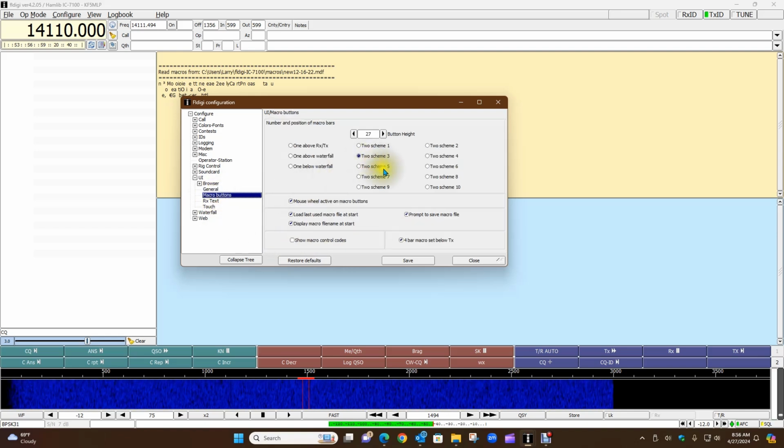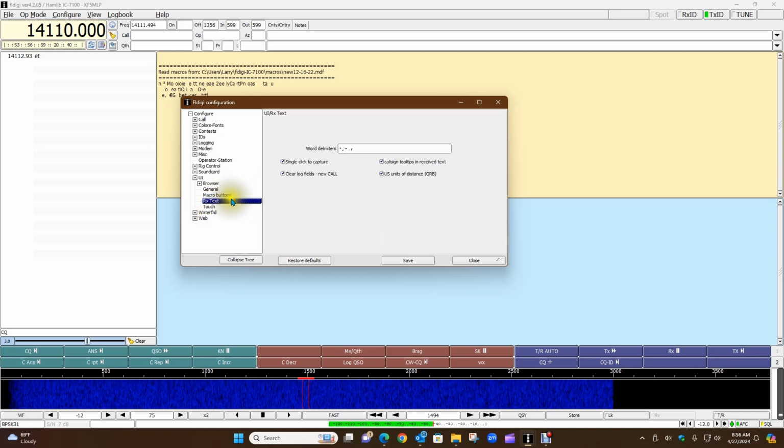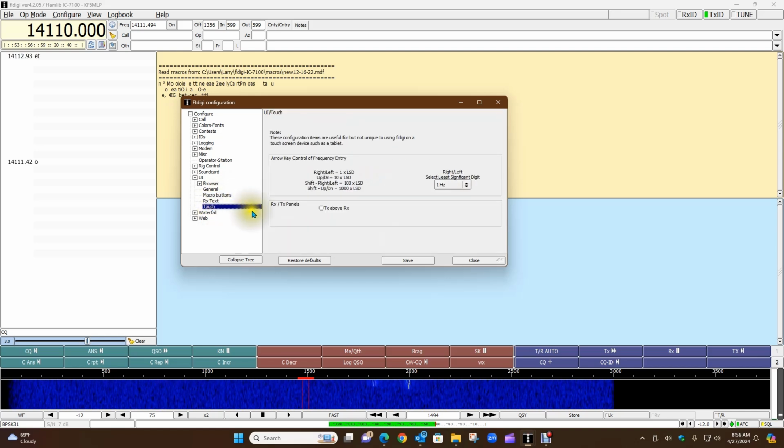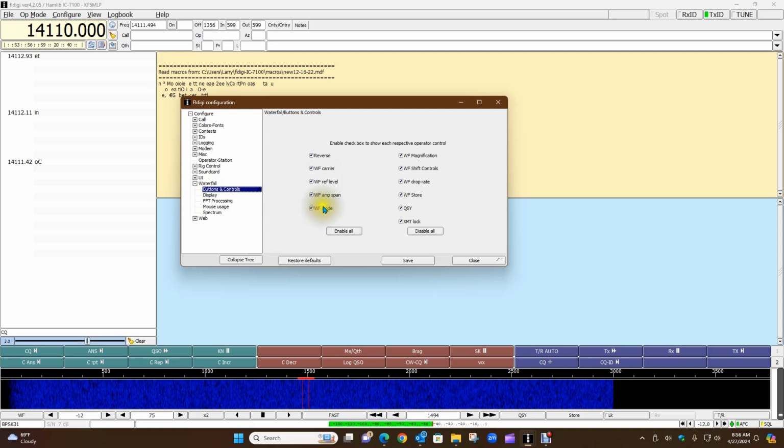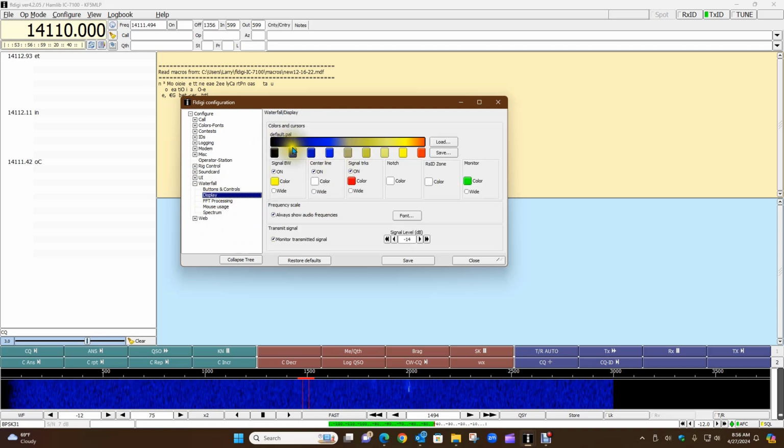This is the setup I have for macro buttons, receive text, and if you have a touch screen, this is what this is about. So we'll go over to waterfall. These are just the controls. I have all these enabled. There's a display. It talks about the different colors. It starts out real weak, and you can see mine's kind of bluish, so I'm right here, kind of mid. Now if I had to see, you can see some signals right here, so they're coming up to about here. Okay,